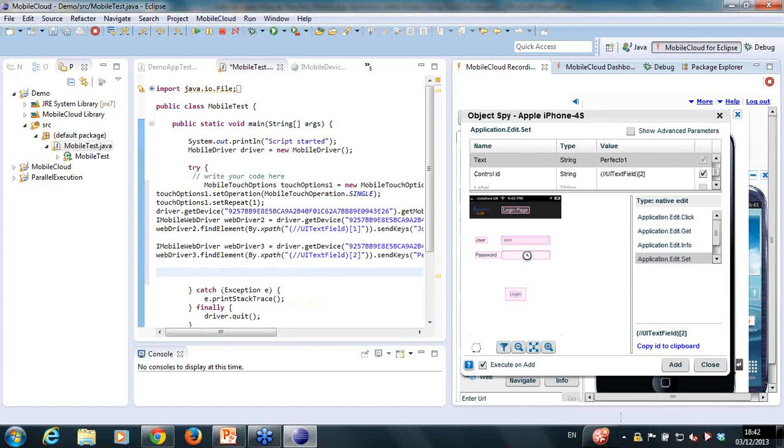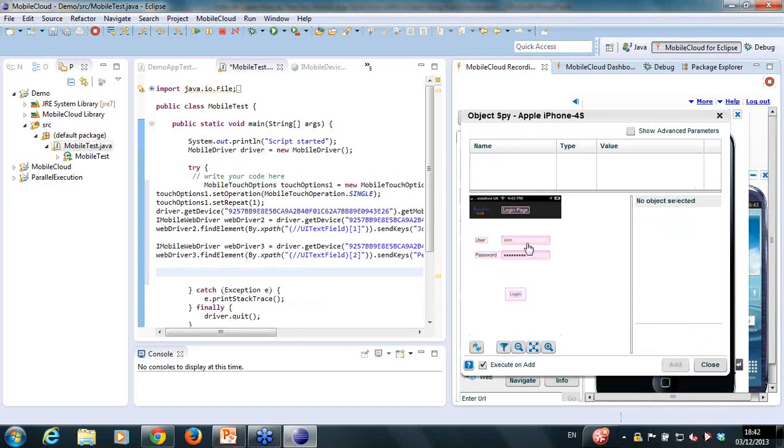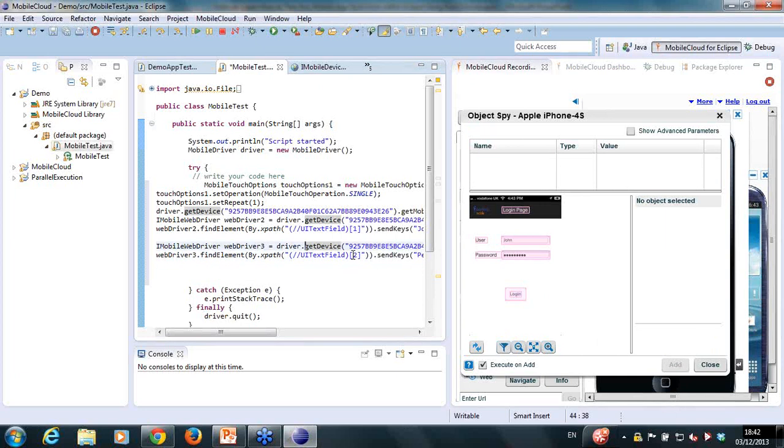You will see, let's refresh the screen, you will see the Perfecto 1 password injected here, and here you will see index number 2. So it's all about working directly with the real and native UI objects of the application. But that's exactly also the con, not only the pro. What the con about it is that it tends to be changing